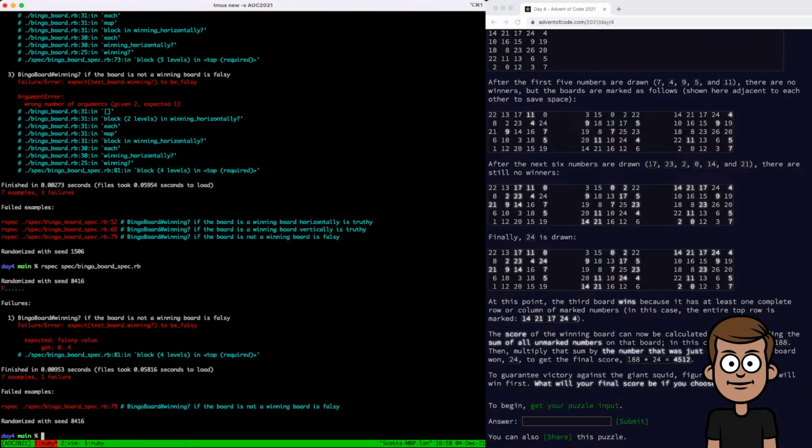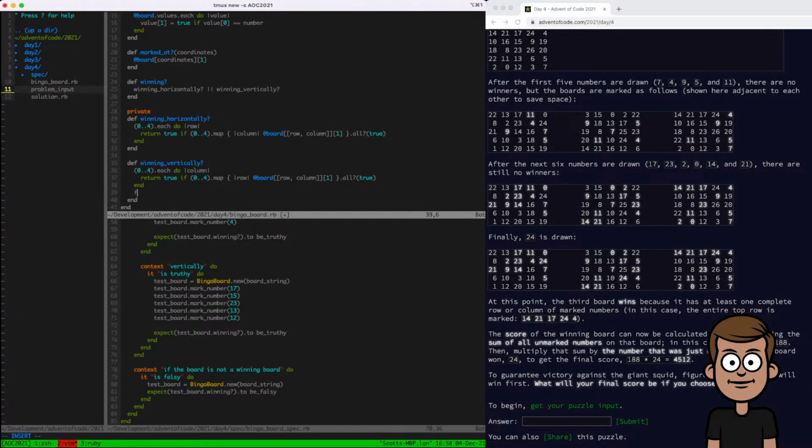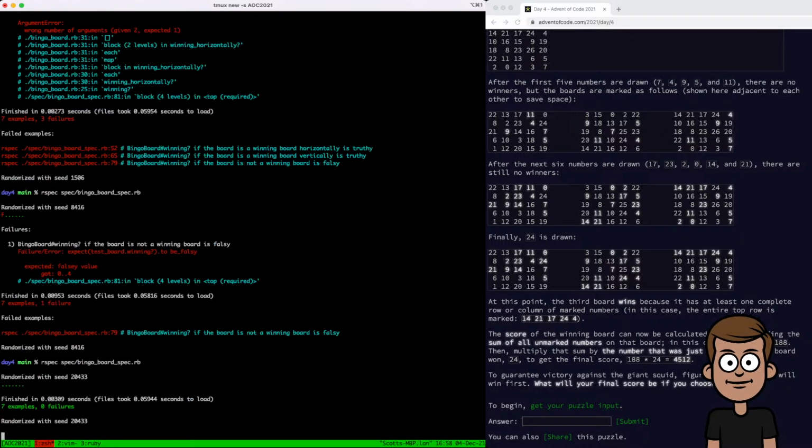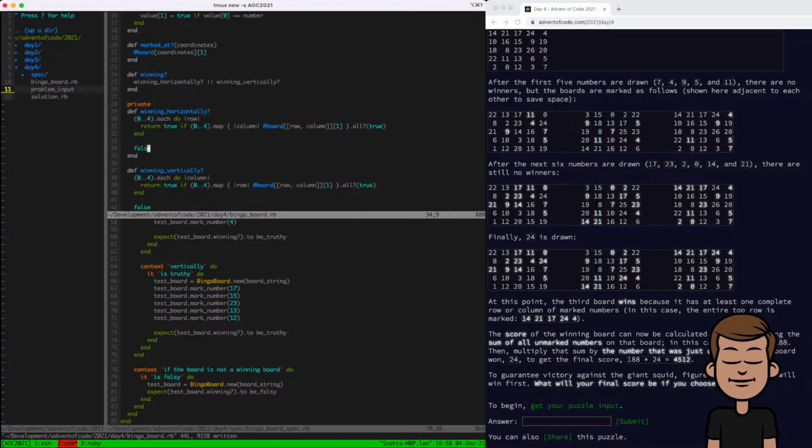But I did find an expected falsy value, got 0 to 4, if the board is not a winning board. There's probably a better way to do this, but that's going to get that to pass. And now we know if a board's winning, we can check if it's marked. And now all we have left is